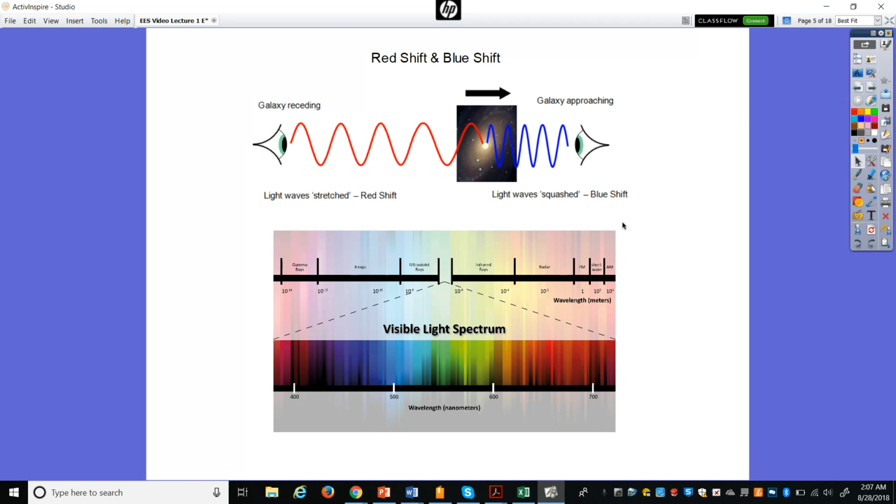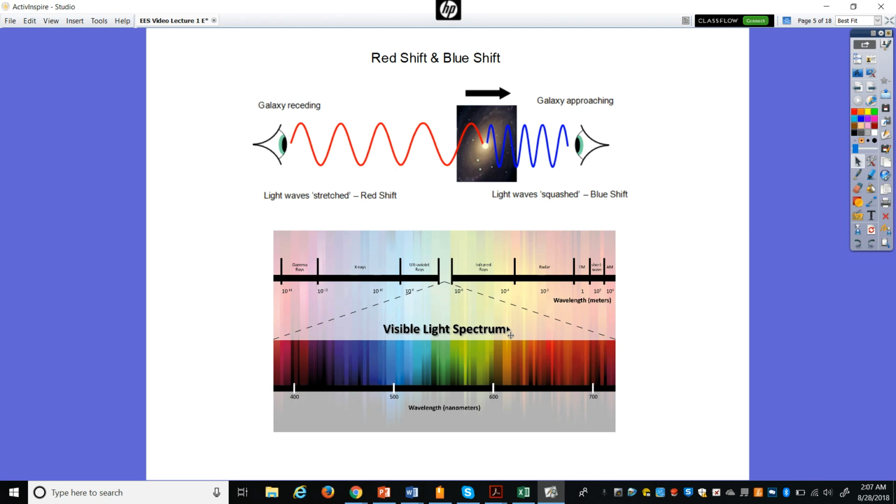That's not how we do it. So we have telescopes that can take images in different parts of the spectrum. And this part that we're going to look at is called the visible light spectrum. That's your Roy G. Biv, if you remember that: red, orange, yellow, green, blue, indigo, and violet. And that's your visible spectrum.